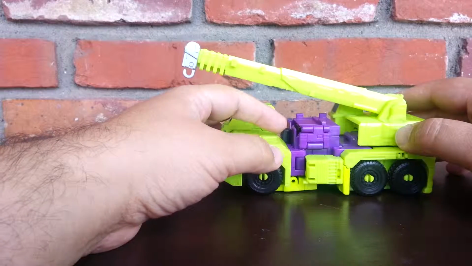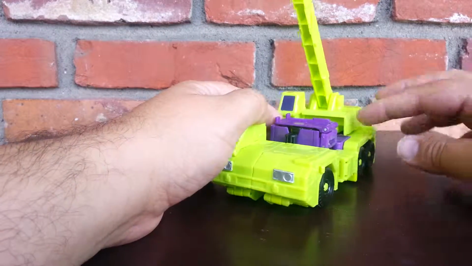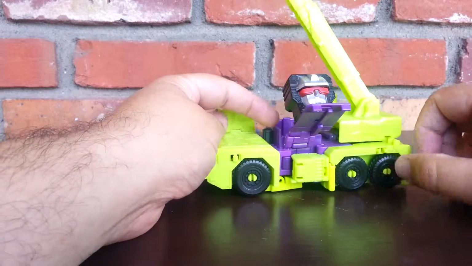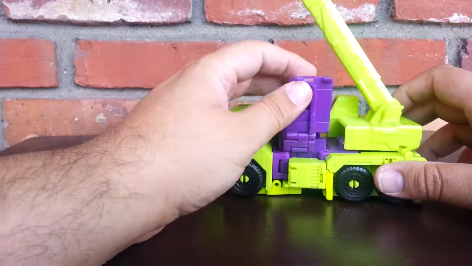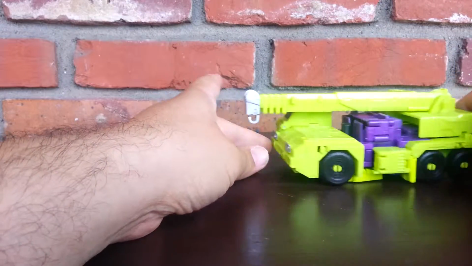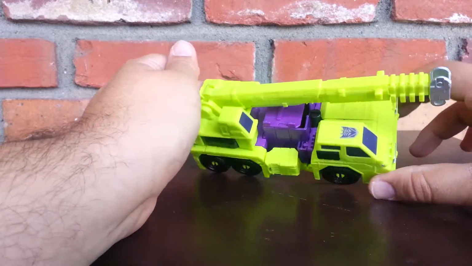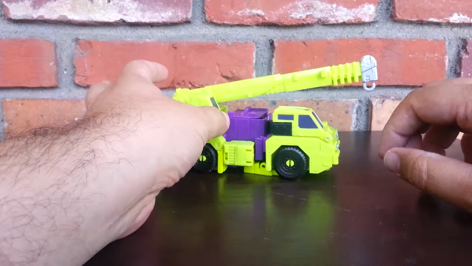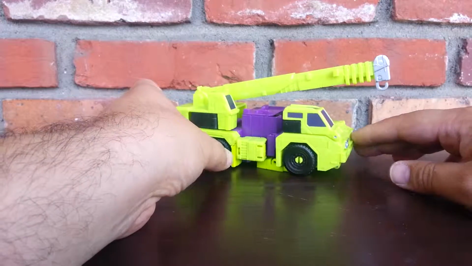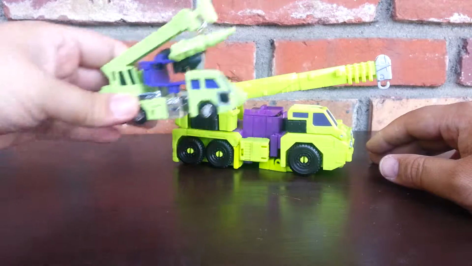You've got this big purple blotch here. That's fine because this is where Devastator's head is. See how big that thing is. Dang. Every time I see that, it's just like, whoa. He rolls, and there's not much else. He looks good. He does look good. I mean, honestly, I feel like they could have done a little bit more with him, but here we